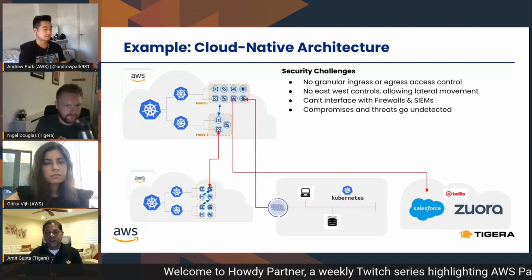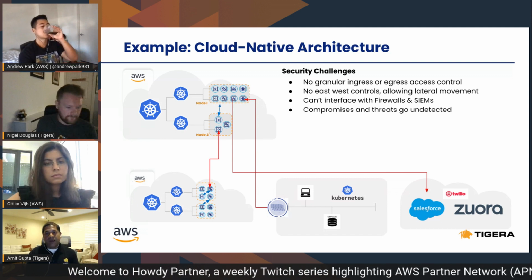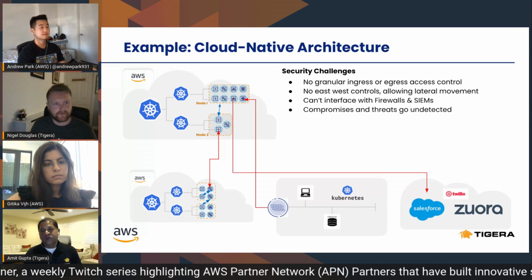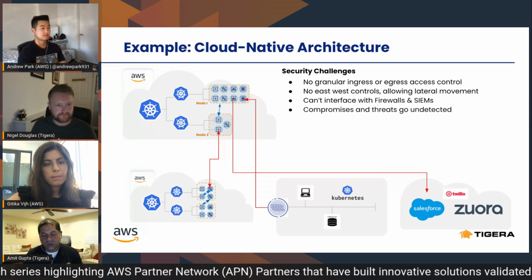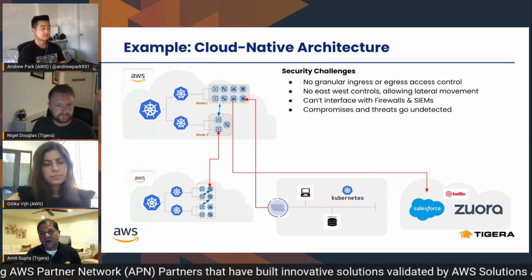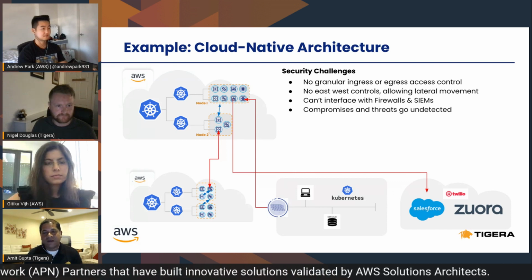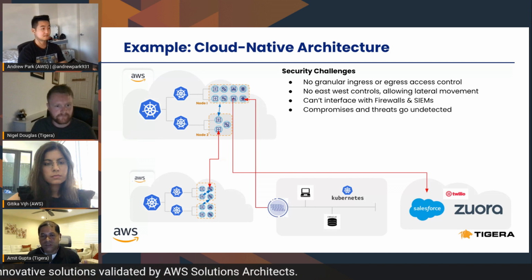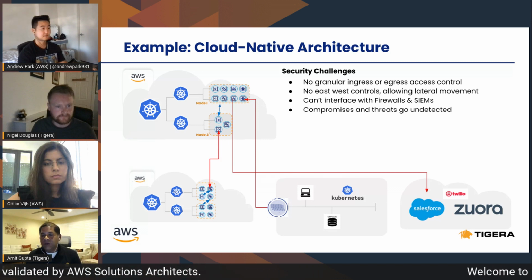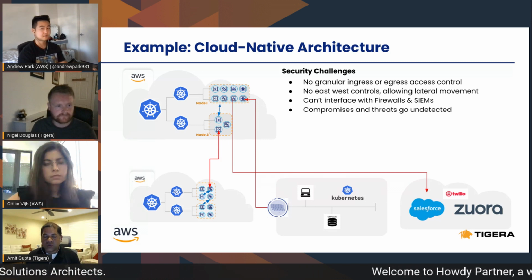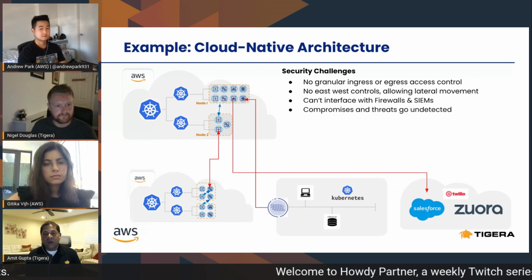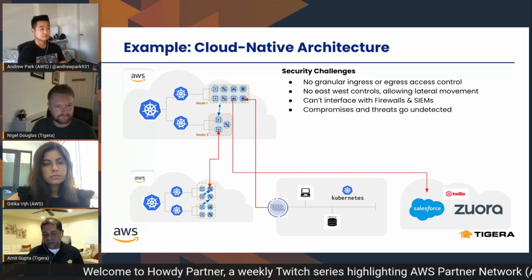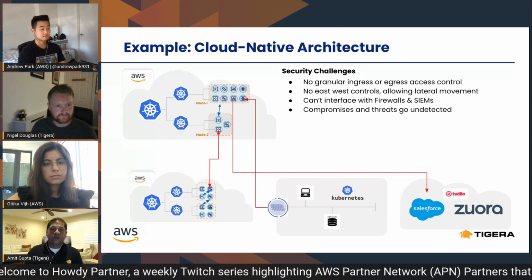uncover a compromise, let's say you see in your firewall that, hey, there is an attempted connection to a command and control center, or there's an attempted connection to a known bad actor, or you're seeing some signature patterns in your firewall that are just malicious. Well, how do you find out where it is getting sourced from, where it is coming from? And for a good part, they can go undetected, and none of that is a good security posture.